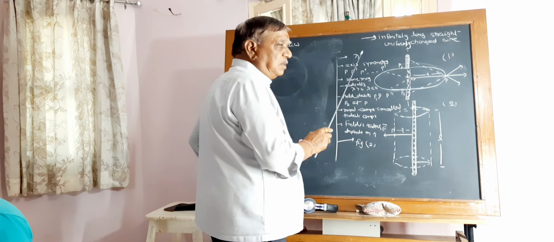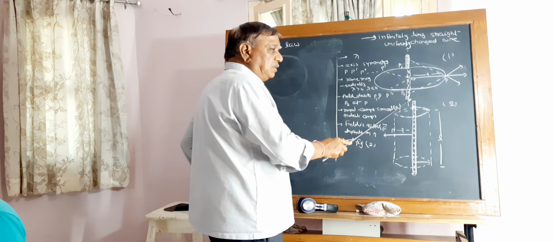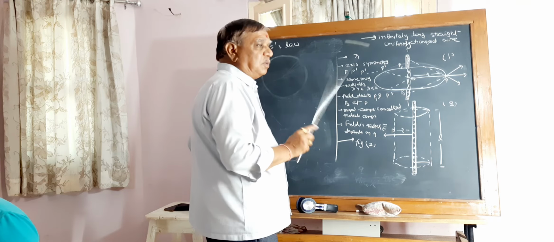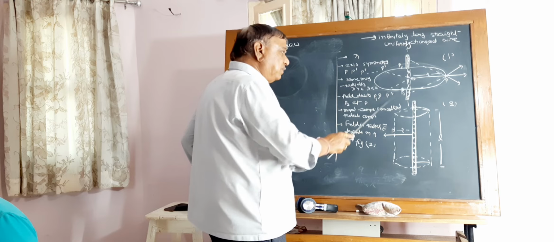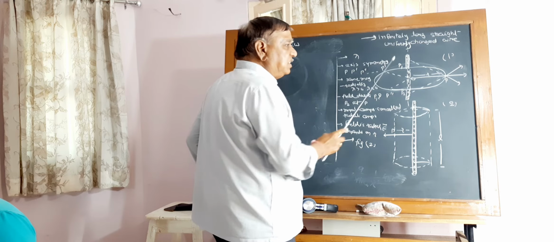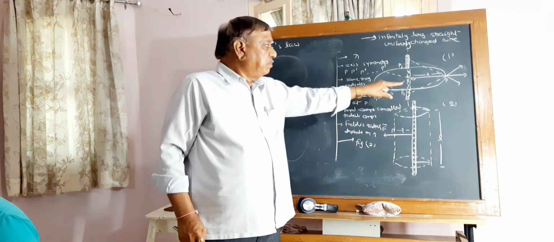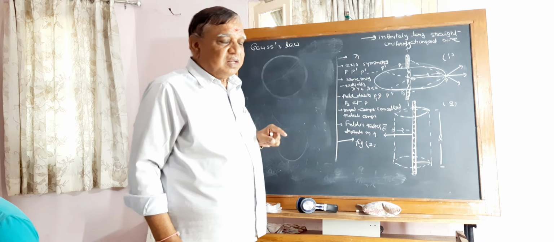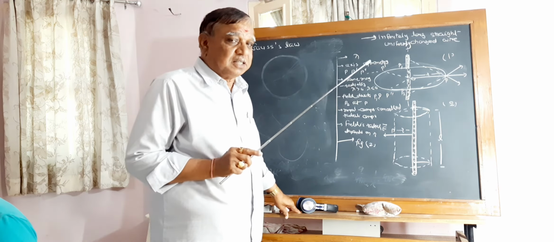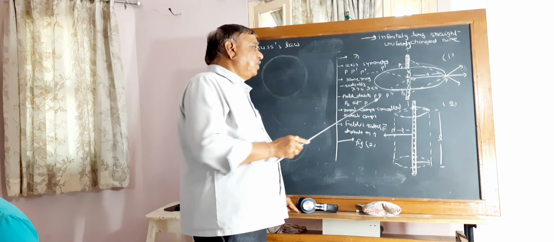Then the direction of the field is radially outward if the charge is positive, meaning lambda is greater than 0. Then the field at any point will be radially outwards. If the charge is negative, meaning lambda less than 0, then the field is radially inwards. Again, the magnitude remains the same. Direction is radially outward if lambda is greater than 0, meaning positive charge, and radially inwards if negatively charged, or lambda less than 0.